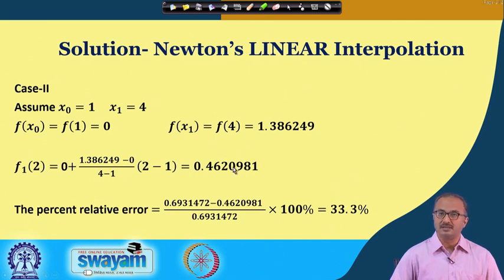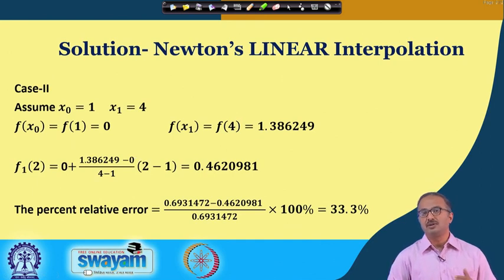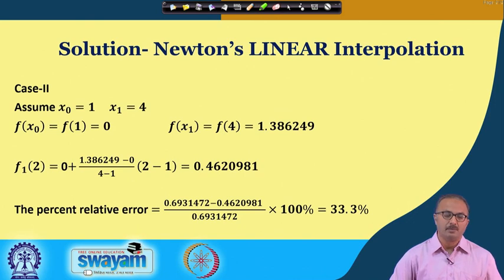Now please understand here, as I told you, that x0, x1 are arbitrary. Okay, so that means you can put this as x0 and this as x1. If you put it that way, you have to make the appropriate changes in your formula. So this choice of x0, x1 is arbitrary. You just have to modify the formula, but whatever you choose, you will find that the interpolated values will be coming almost the same.